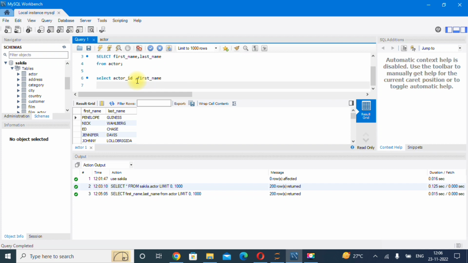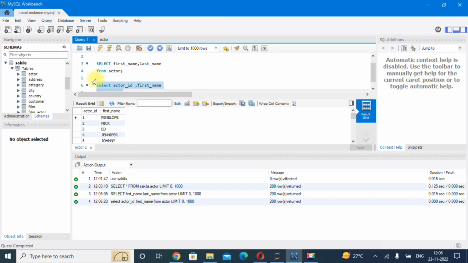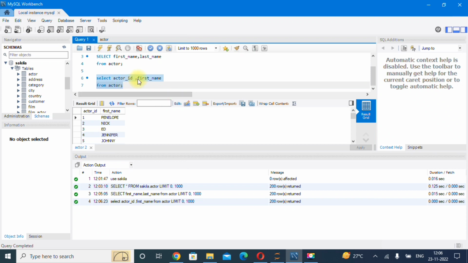Now after that you have to write from which table, actor table, and write a semicolon, and simply select this query and press Control Enter. Now you can see this time I am getting actor ID and first name. So it indicates that I am interested in actor ID and first name from this particular table.